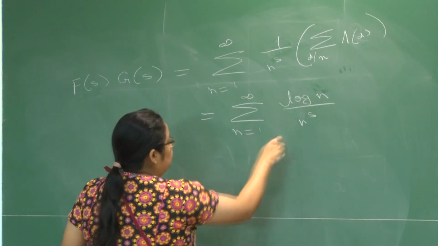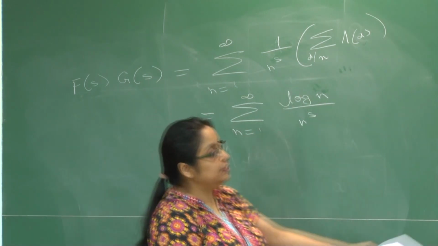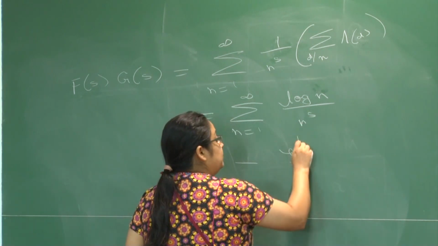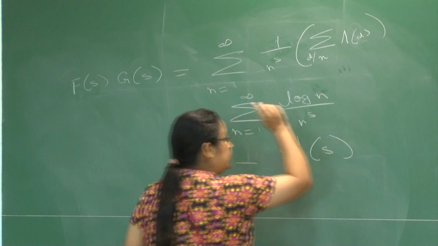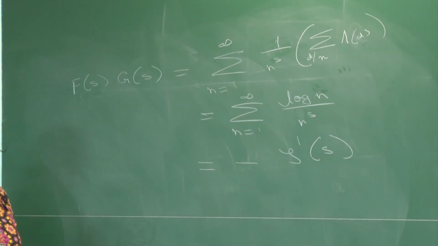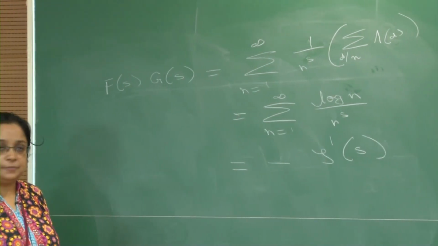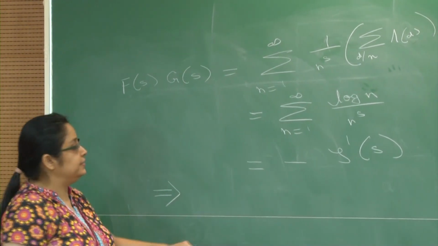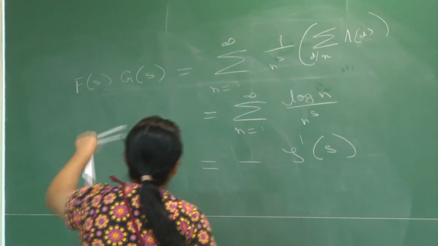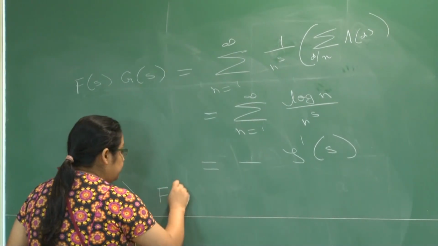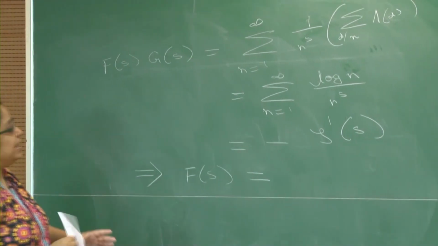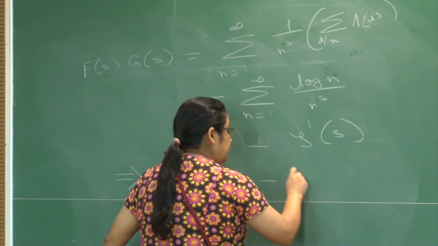And this you derived in your previous example to be basically the negative of the derivative of the Riemann zeta function. And so what this tells you is that your capital F of s is equal to minus zeta prime of s